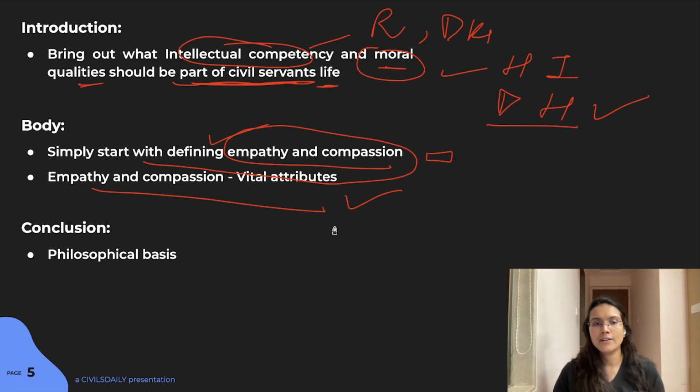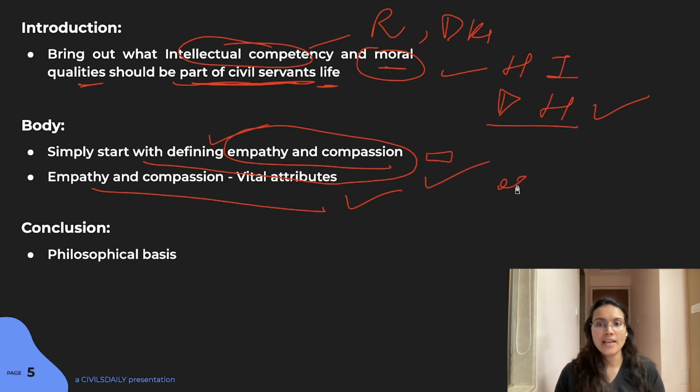Say maybe you have to tackle a decision with respect to a place, like in the northeast we have a lot of issues with respect to division of area and all those issues, like the Naga issue. So how do you deal with such issues, right? You need compassion and empathy to deal with such issues. So these kinds of issues can actually be tackled with compassion. So you can give that diversity of ideas that you can actually cover in this particular answer. So I think that will give you a good direction.